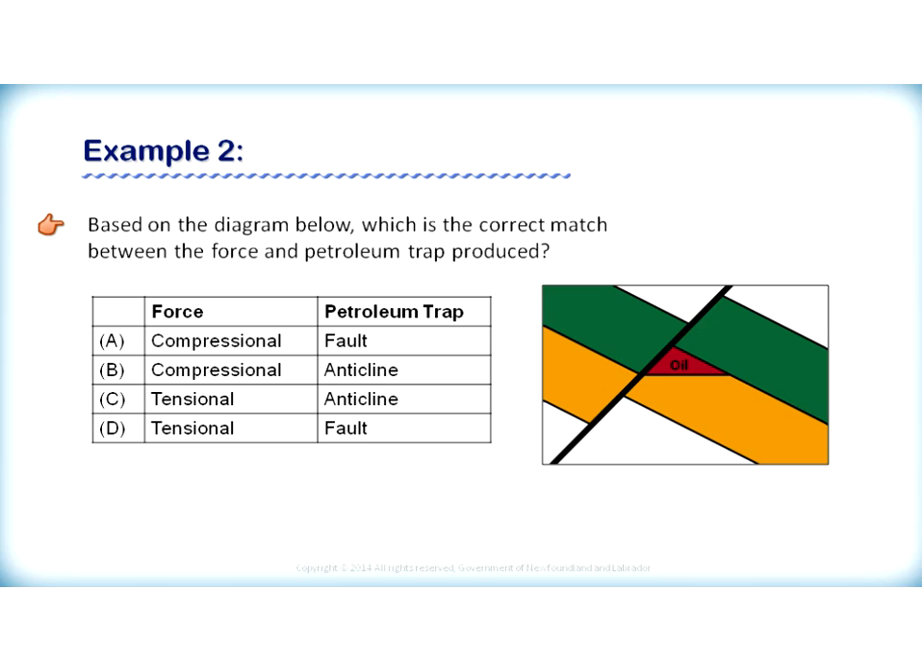Based on the diagram below, which is the correct match between the force and the petroleum trap produced? In this question, we have 4 choices. The forces could be compressional, and the petroleum trap could be a fault trap. We also could have compressional forces with an anticline trap, tensional forces with an anticline trap, and tensional forces with a fault trap. If we look at the diagram to the right, we notice